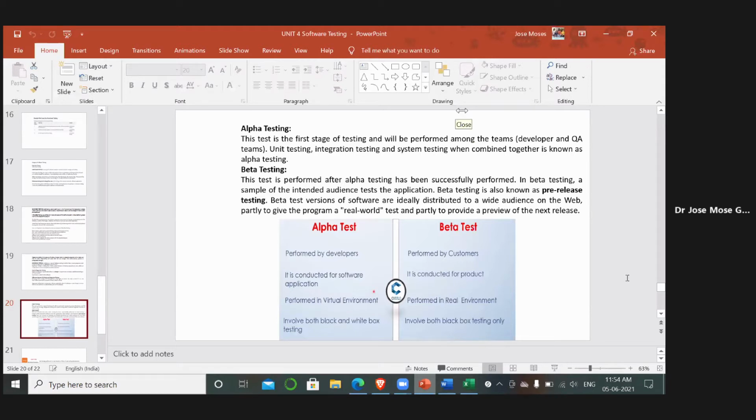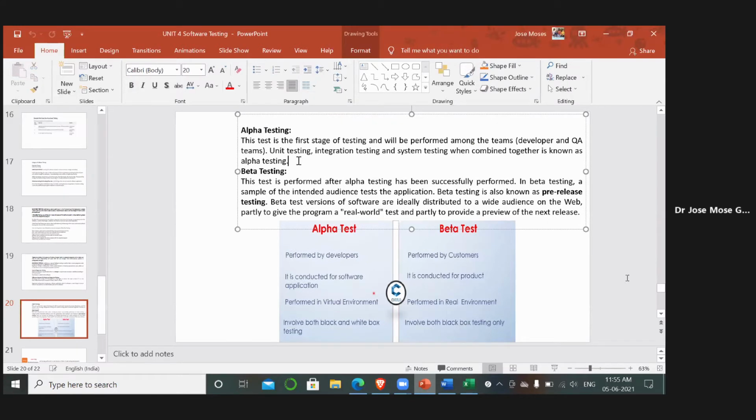M7 is somewhat right. In alpha testing, it is done in the company itself by the developers and some other stakeholders. Only the developer knows the functionality. The remaining people, like the company CEO or the database administrator, don't know what logic is performed in it. Only the software developer of that particular module knows the logic.